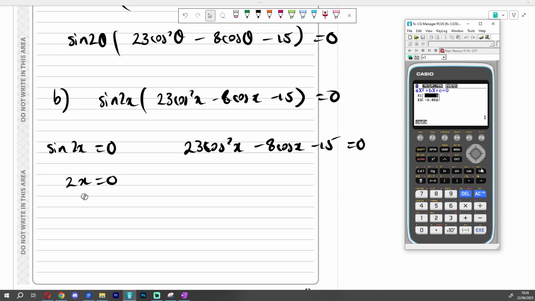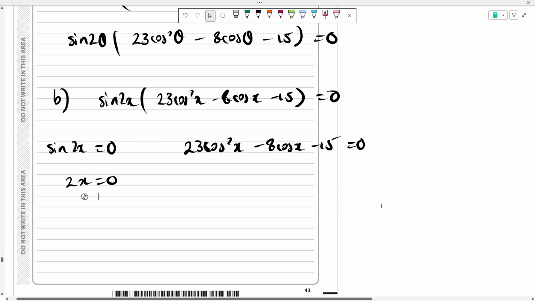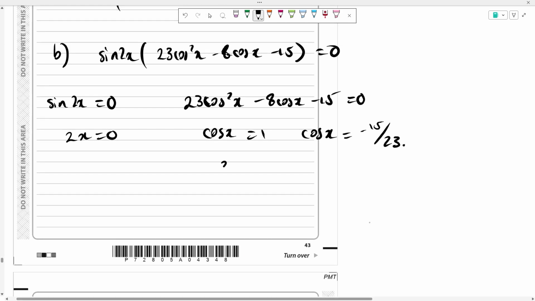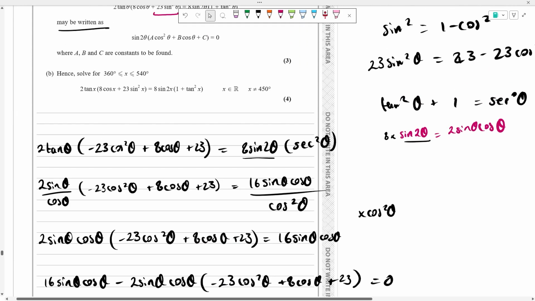And then we end up with actually two values of minus 15 over 23 and 1. So that means that cos x is equal to 1 and cos x is equal to minus 15 over 23. Cool. And now let's solve for x for these two values. So that means that x is, and remember this is going to be in radians, okay? You have to be in radians for this because since you're working in terms,